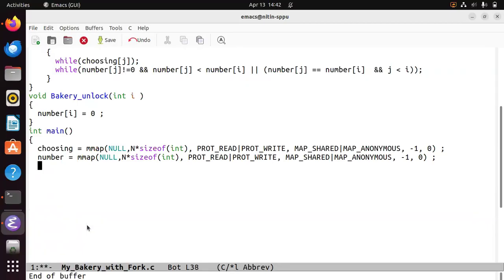Correct. Done. So now the rest of the things are the same because both of them are integers. For integer i equal to 0, i less than n. Now we have to apply lock and unlock, making the initial variables 0. Then we'll call fork, and appropriately within the loop, we'll give a chance to each of the processes. So i plus plus,